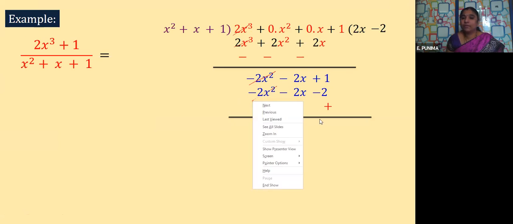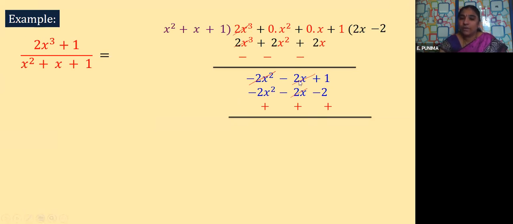Now here again, the minus 2x term and the plus 2x term are cancelled. After cancellation, what is left? 1 plus 1 is there and plus 2 is there. What is it, children? Nothing but 3. So what is the remainder we got here? It is 3. So now here it is our dividend, and it is our divisor, it is the quotient and it is the remainder. Yes.